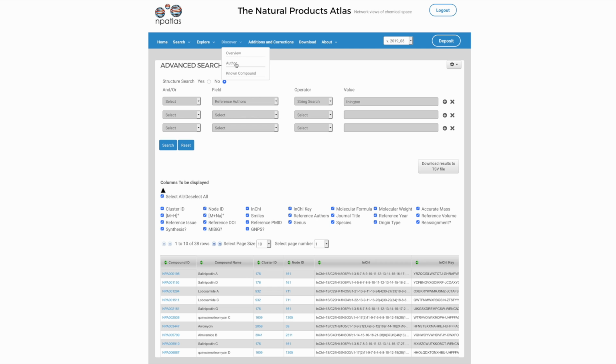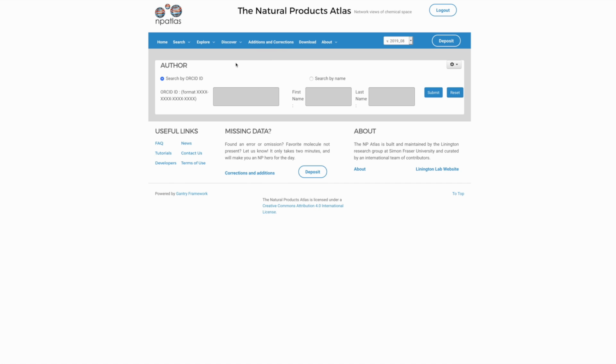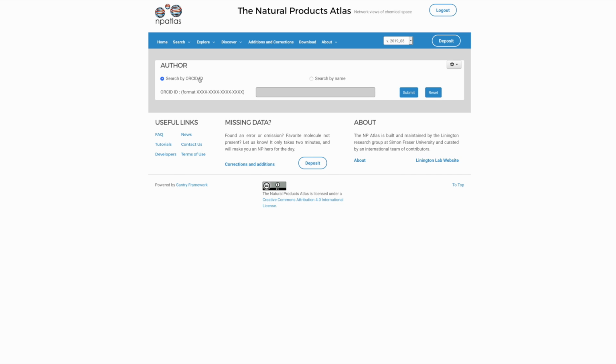So if we go to the author dashboard, here we have choices either to search by ORCID ID. The author dashboard works by looking at the author profile in ORCID. So to be successful, the author has to have an up-to-date ORCID profile. In this case, I'm going to search by name,